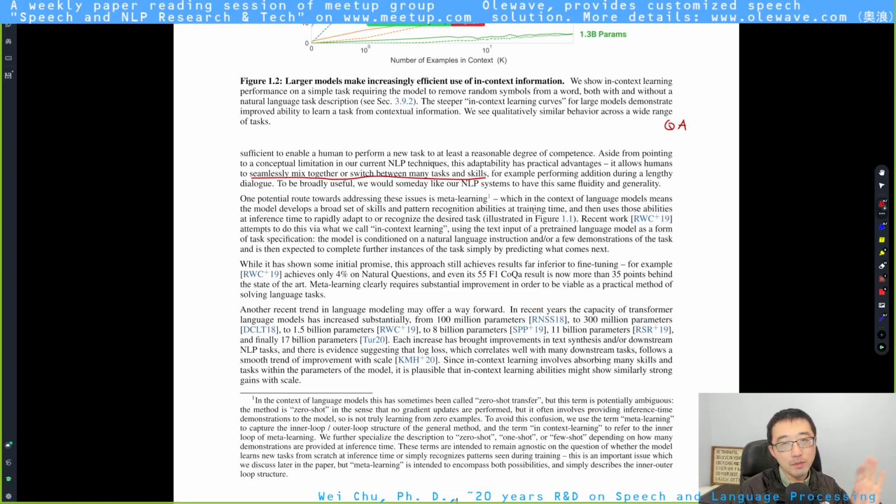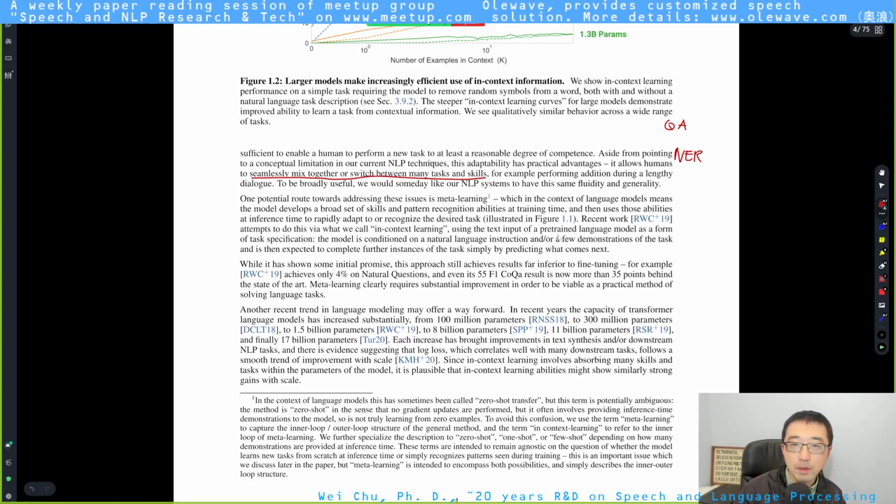Before GPT, the zero-shot models were all task-specific models. If you are using a QA model, you have to feed the model with questions. But if you're switching to NER, named entity recognition, you cannot send a question into the NER, okay? Then you will get very bizarre results. But like us human beings, we're capable of fluently or seamlessly switching between tasks very naturally. So this is also something they want to achieve.